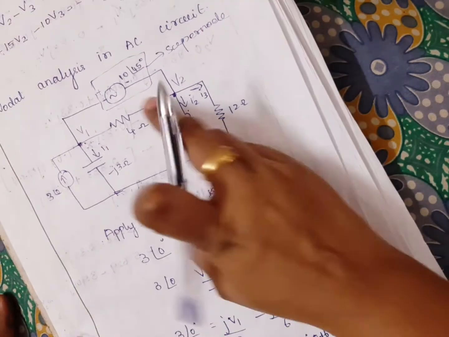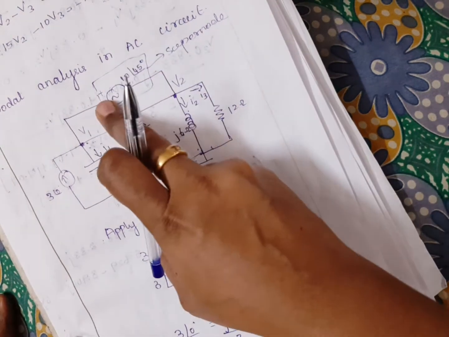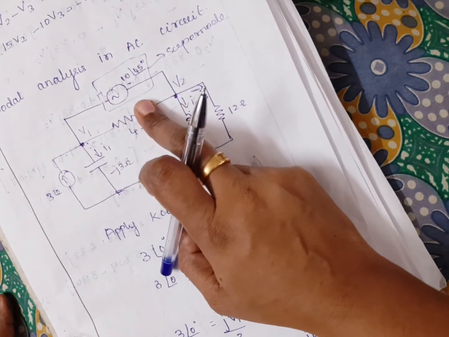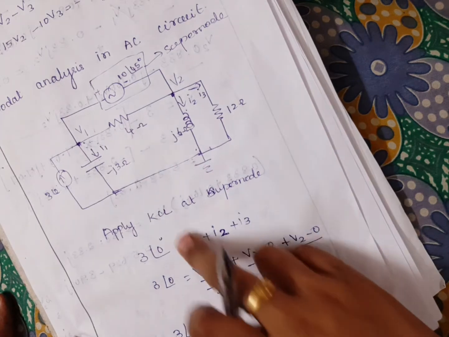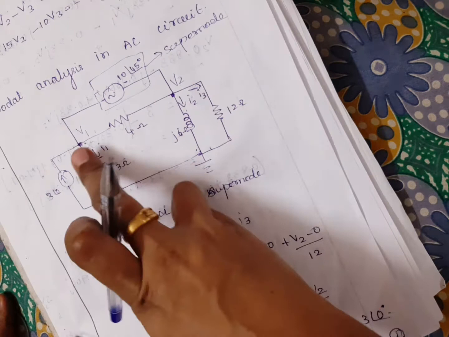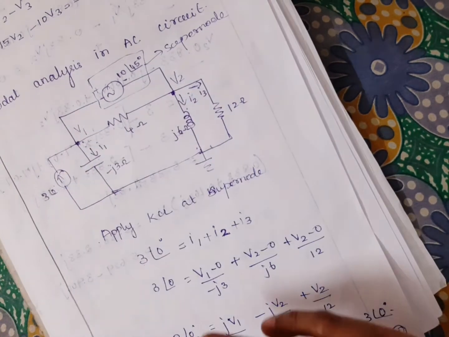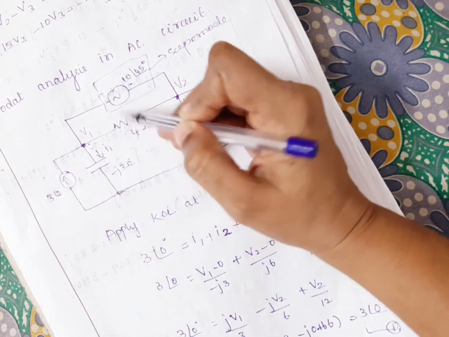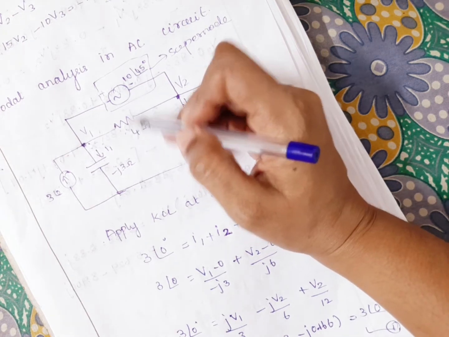And if you see, this voltage source is connected between two nodes, so it is known as a super node. Can you understand? Okay, so now first you want to apply KCL at the super node. So what are the two nodes, V1 and V2? Now you want to apply KCL at these two nodes because, listen, here the resistor is connected parallel with the voltage source. Okay, resistor is connected parallel with the voltage source.